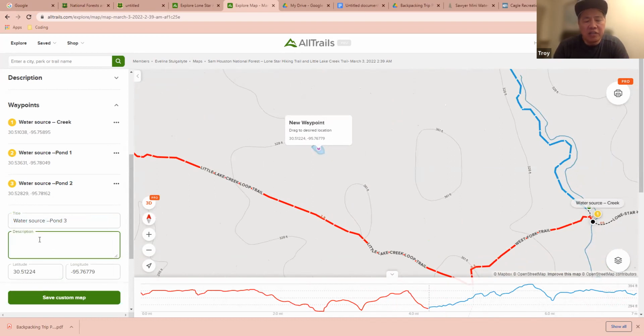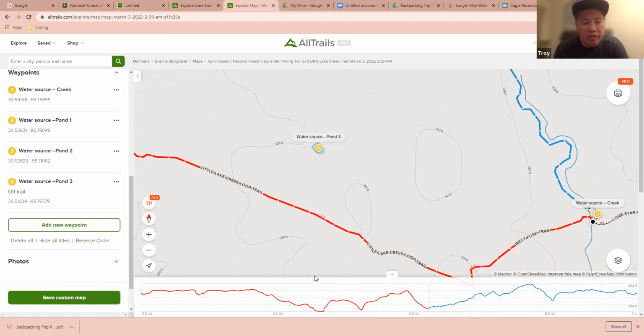Now, if you go down to the little graph at the bottom, and if you move your arrow along it, you see how it scrolls along there. Okay, there, you see that little blue dot? That's where you are on the trail. So if you wanted to be exact, like you go right next to that water source, then you can see it's 3.5 miles in. And so at pond 3, in that description, you could say 3.5 miles in. Does that make sense? Yeah, exactly.